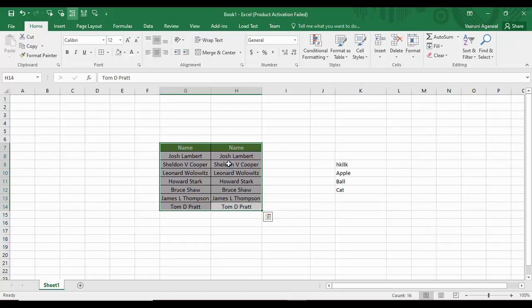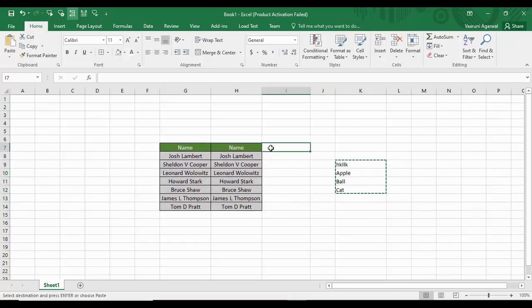These two sets of data were present side by side, so once the first column was over, the second column started. But this data is present after a break of two columns, and that's why it did not start as soon as this data was over. So if you want to do that, you can just copy them from here and paste it over here. Now if you just move your cursor over here and click on Speak Cells,